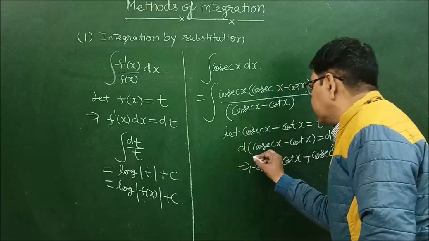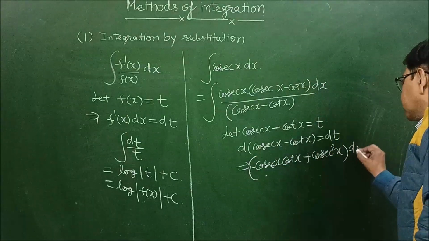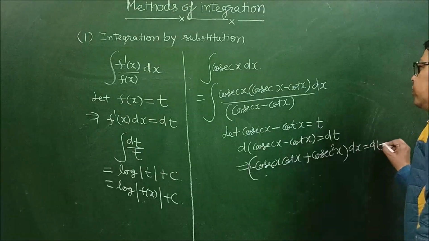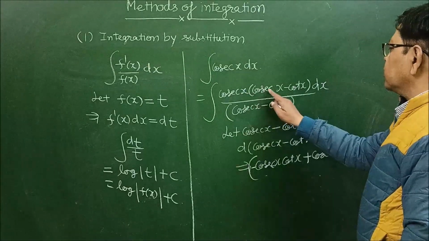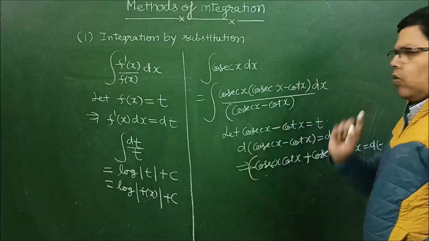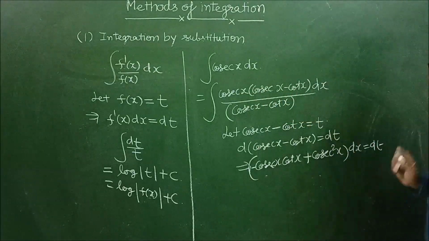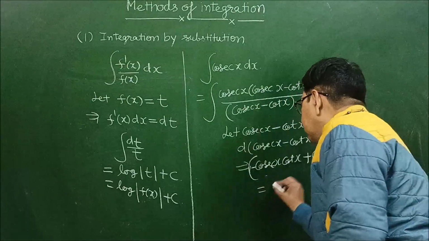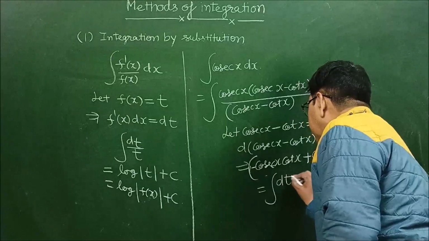Because we have differentiated with respect to x, dx is equal to dt. Now here we can replace cosec square x minus cosec x cot x by dt. So this is equal to the integration of dt upon t,